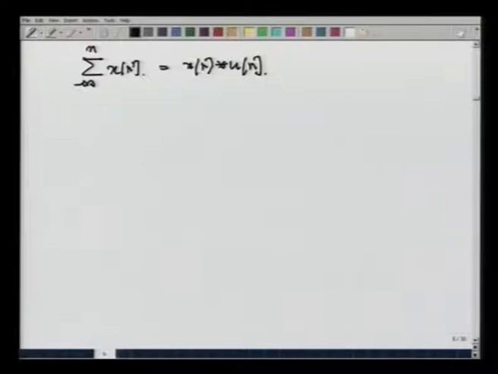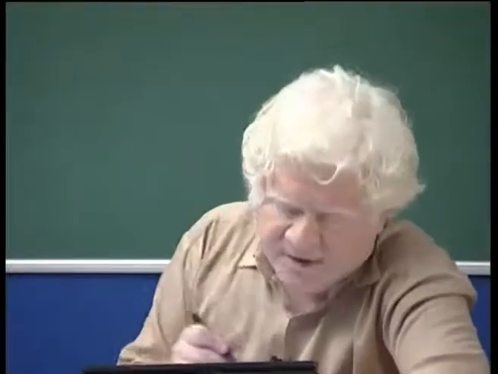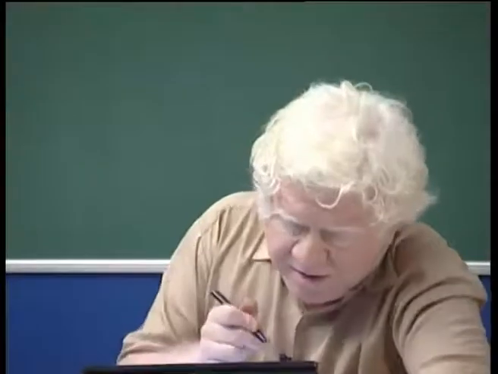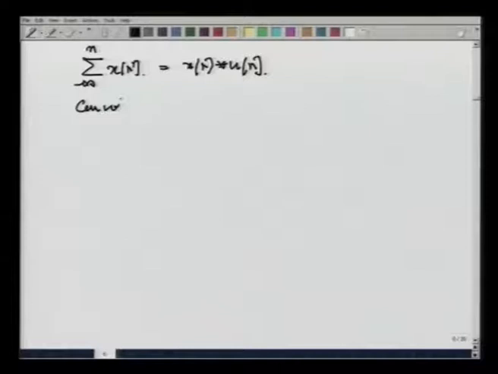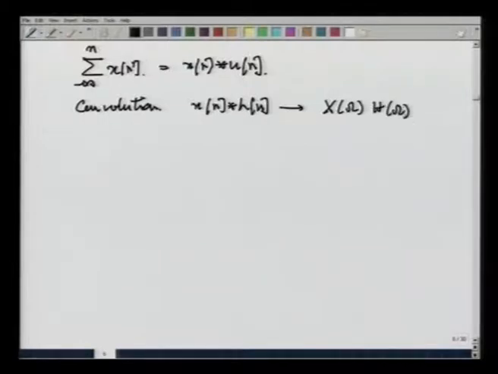Okay. Now, we have the discrete time Fourier transform of u n, we have the discrete time Fourier transform of x n, but we still do not know what the convolution does. What is the Fourier transform of the convolution of two sequences? This we can very easily state. This is another digression. The convolution of two sequences x n and h n transforms to x omega h omega. This can be easily shown